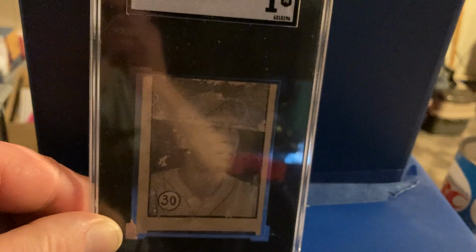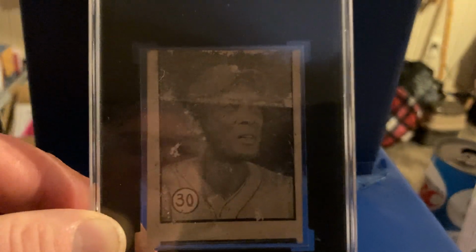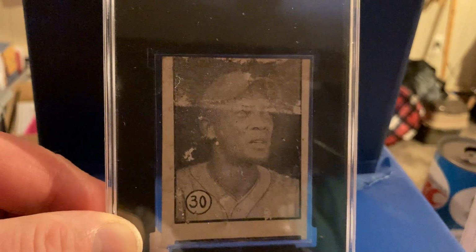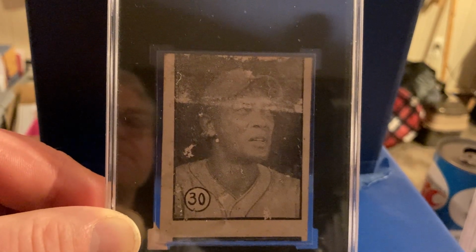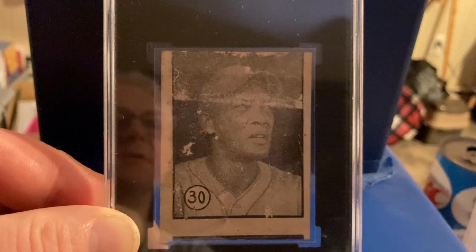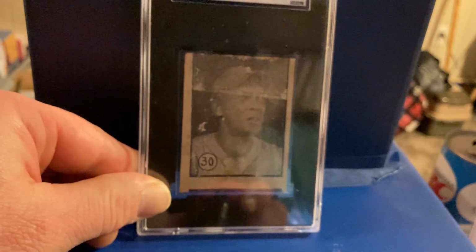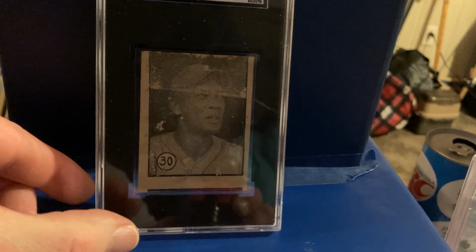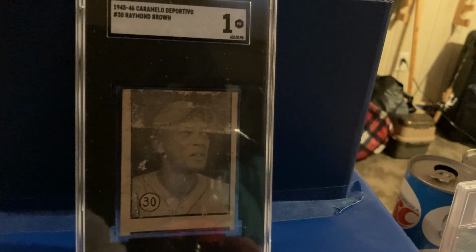Now, Cuba did fight in World War II on the Allies side as well. Played a big role actually in the Caribbean with their Navy and their Air Force. And right after the war, things were building back, and cards weren't a priority. So this year, 47, you had some regional issues like Tip Top Bread, and then 48, things hit a little bigger with the Bowman set, and Leaf, which was probably more 49-ish. But this year, in the winter of 45-46, when they played winter ball in Cuba, they came out with a